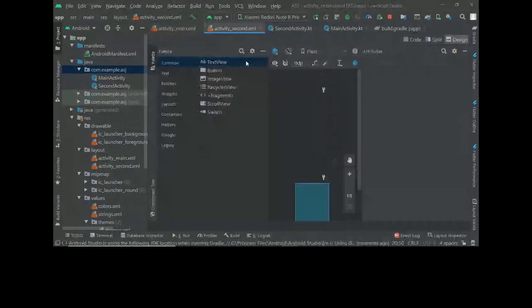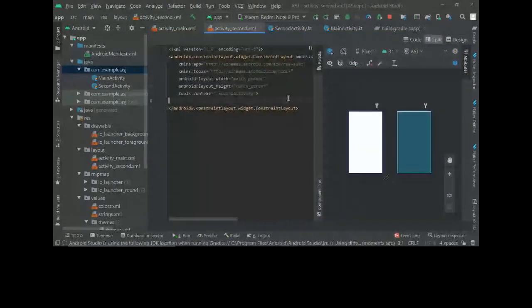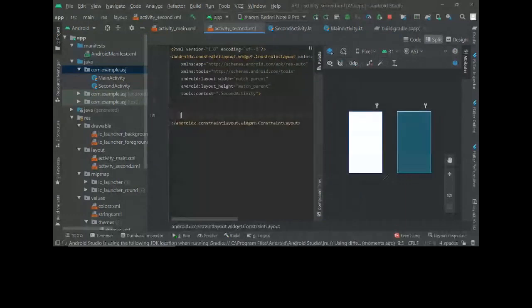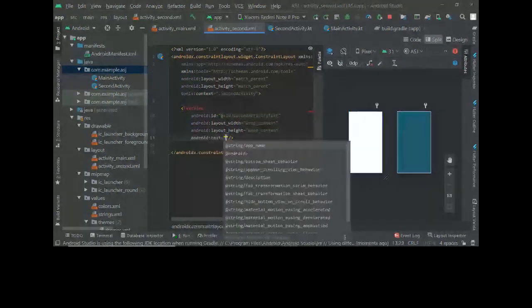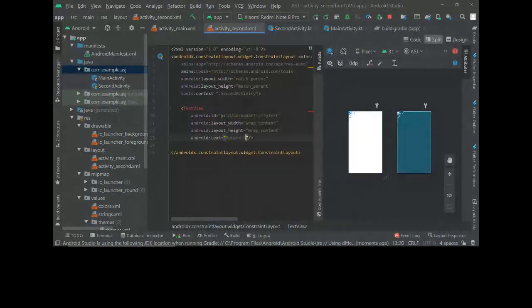So in activity 2, there's nothing here. Let's add a text view, app content, ID, text, second.